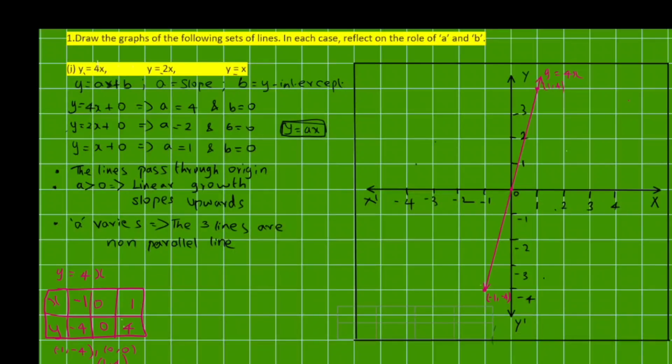Look at the steepness. Look at the steepness of the line. When a is greater, the line is steeper. Here you can see one more observation. From the three lines, we can say that